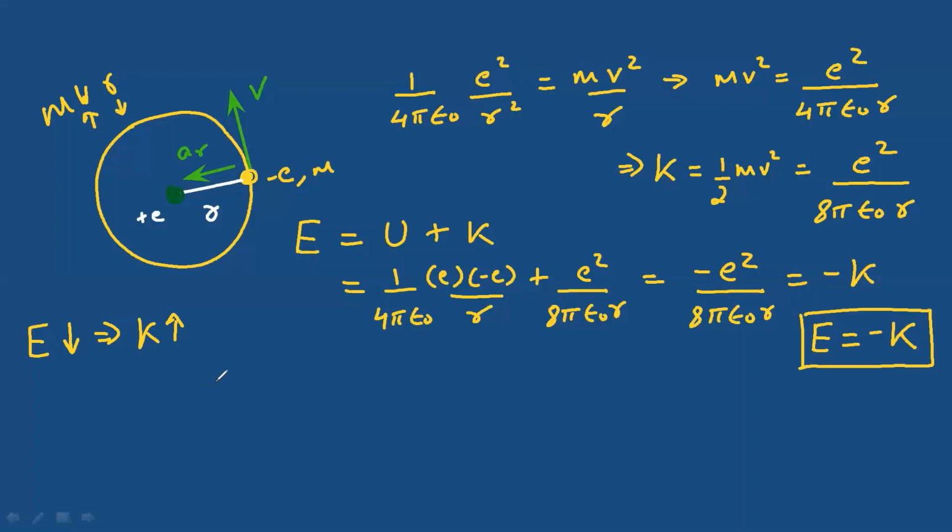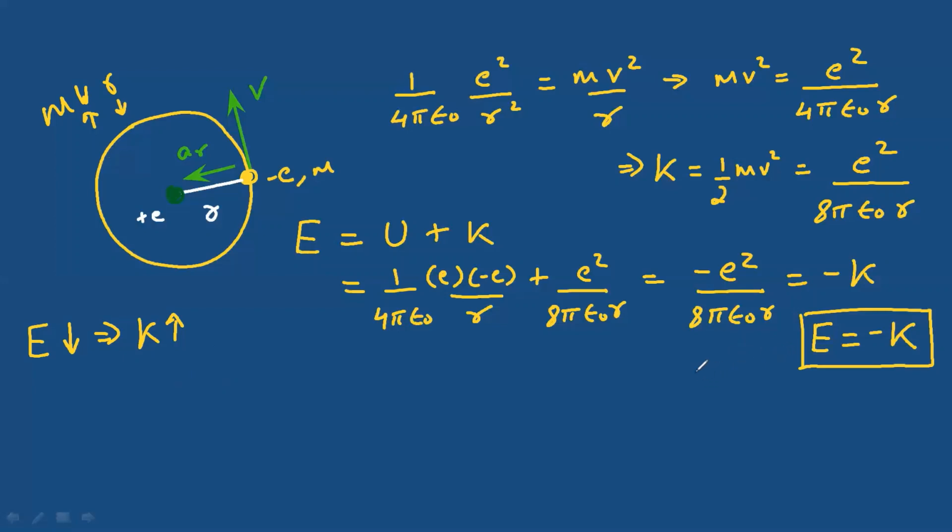Since it is spiraling inwards, r is decreasing, so velocity has to increase, or the speed has to increase. So if the speed is increasing, what can you say? That the kinetic energy is increasing. Okay, so the kinetic energy is definitely increasing in this case. All right. So this is one of the important concepts that are involved here.